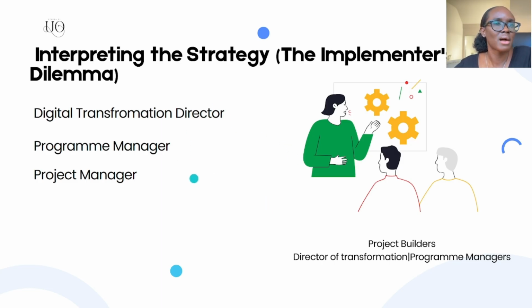Now, in terms of interpreting strategy, the roles you have within this are the digital transformation director, program manager, project manager, and the likes. There's also business analyst, change manager, and all those types of roles. That's what you will find within Pillar 3 of digital leadership and strategy. Now, the digital transformation director and the delivery manager in some cases are the critical link between what we're doing and how we're going to do it.